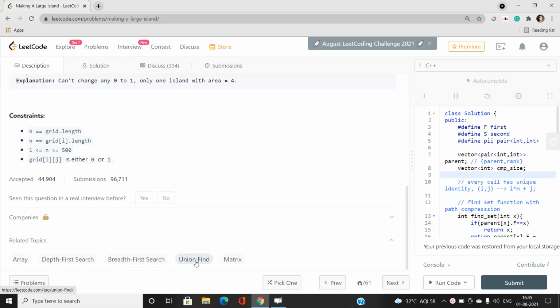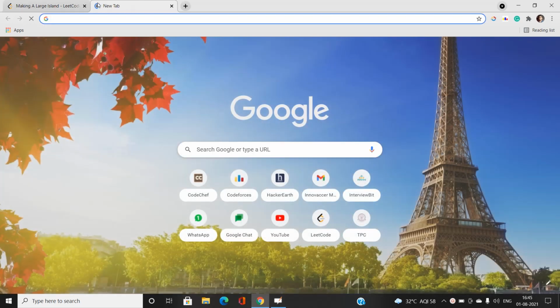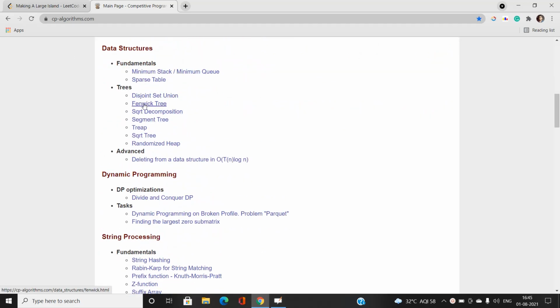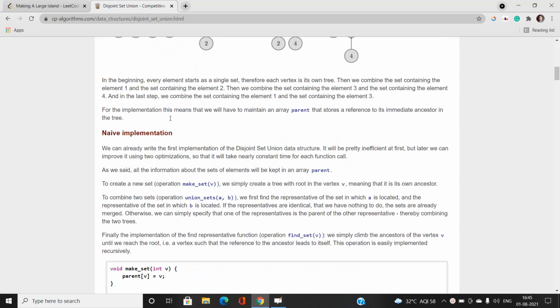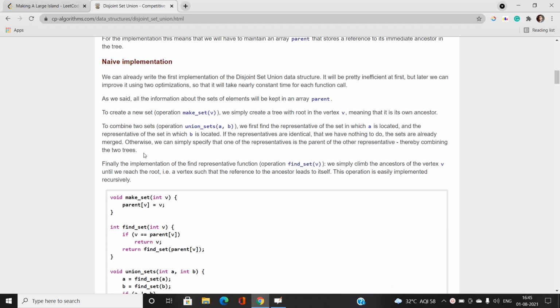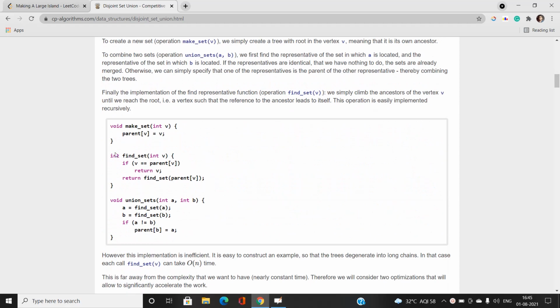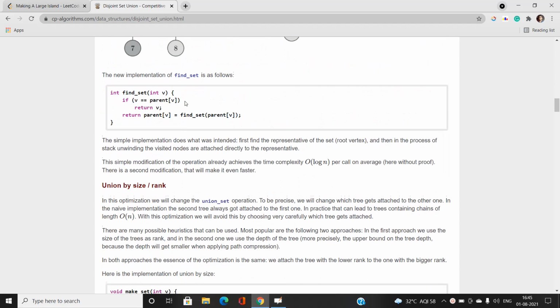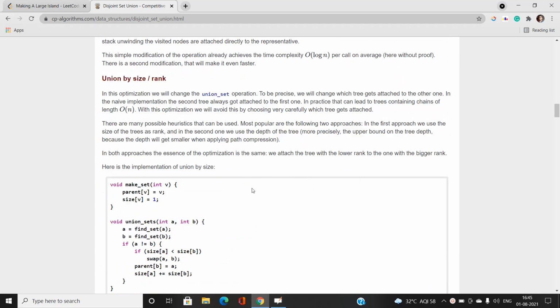I recommend you go over the website CP Algorithms and go to the section on disjoint set union. If you want some basic idea about the disjoint set union, read it out. You just have to write two or three functions, like the find set function and the union set function. If you are going to optimize your code, you must read about path compression optimization, and also uniting the sets using rank.